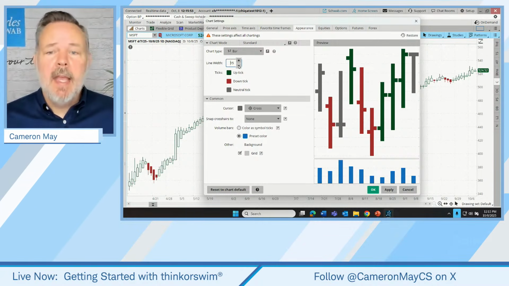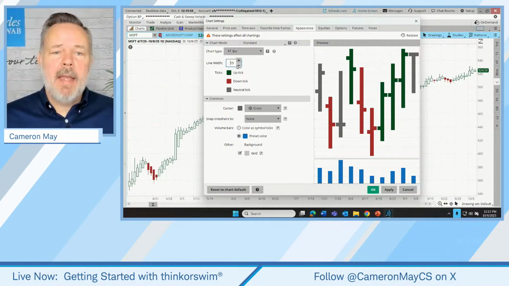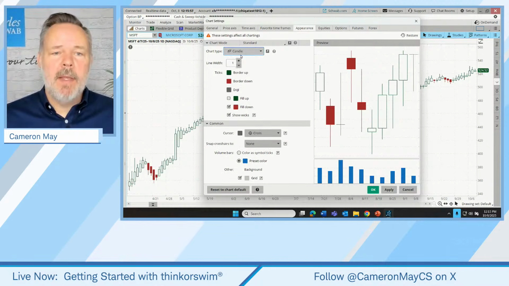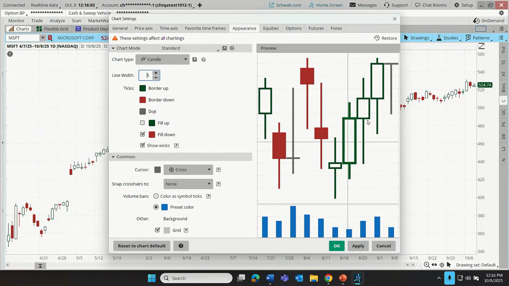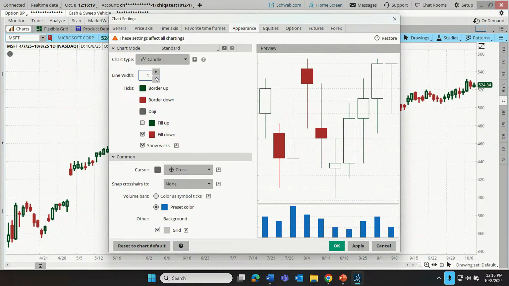That's the top end. And by the way, let's also make sure that we're looking at our candle bars. There we go. We'll switch that back. In any case, as we make that thicker, this is your preview screen. So before we apply it to the chart, we can see the impact we're about to have. So now if I've made this thicker and click apply, you can see that's what it now looks like. All right, maybe I don't want that to be so thick anymore. Let's apply the thinner view again.